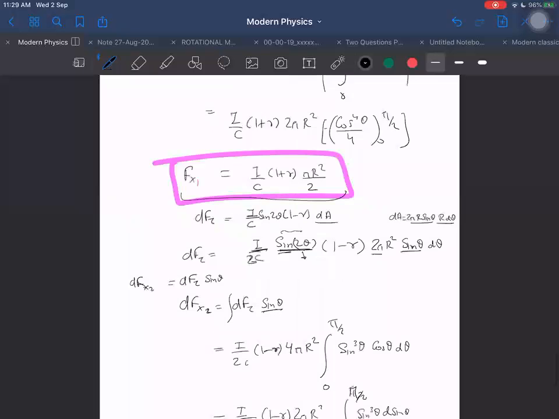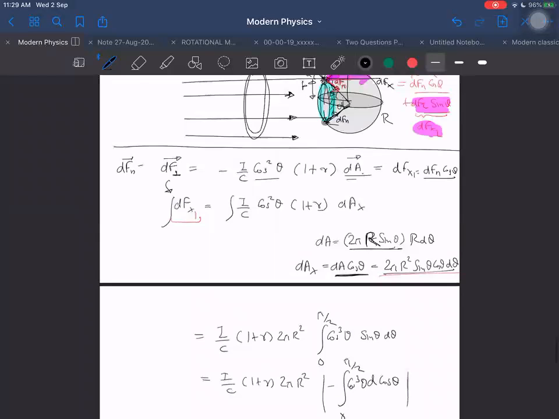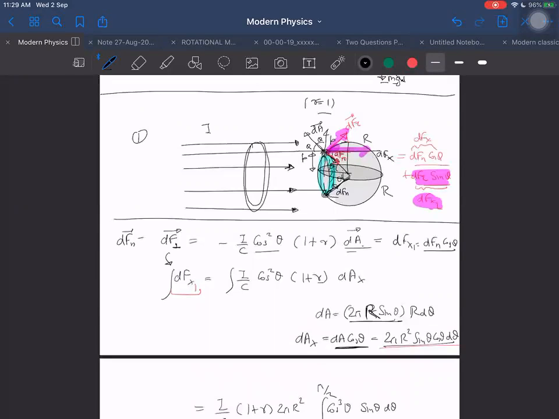What are you saying? You wrote DF, no, sir. DF and DF tau. DF tangential, DF tau, yes. What do you want to say? Only we can replace R as 0, no, sir. We can do that, yes. If it is perfectly absorbing, then we can do that.